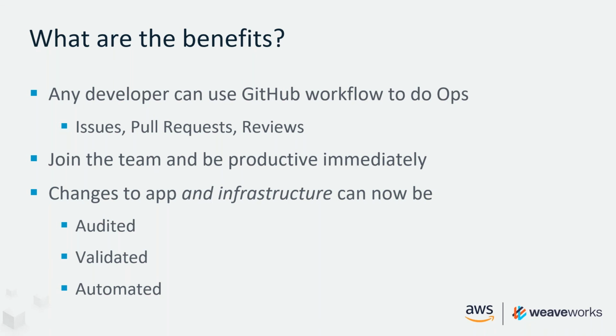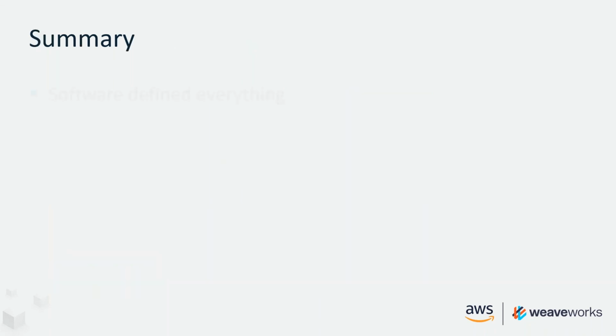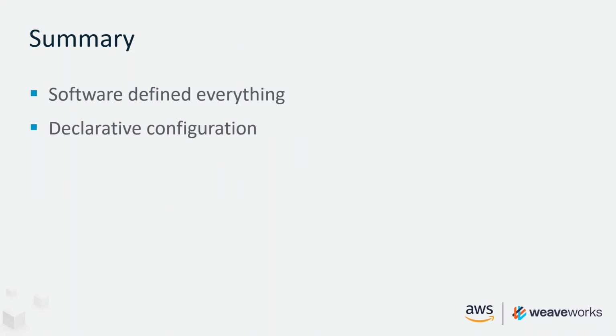Here's a quick summary. So we deleted a production environment. I don't recommend you do this at home. We are able to do this because we've used software-defined infrastructure and data services. Those things are described, declared, version controlled, and automated. Our mean time to recovery is low because of this, even in the case of a complete loss of environment. Because we automated everything, our engineers spend more time developing and less time operating infrastructure.